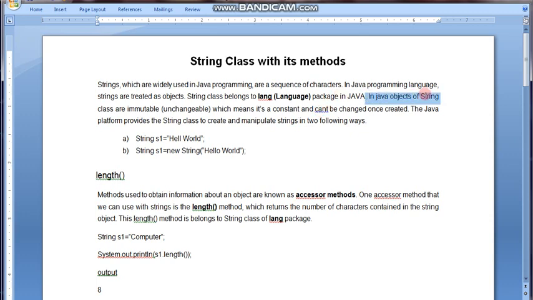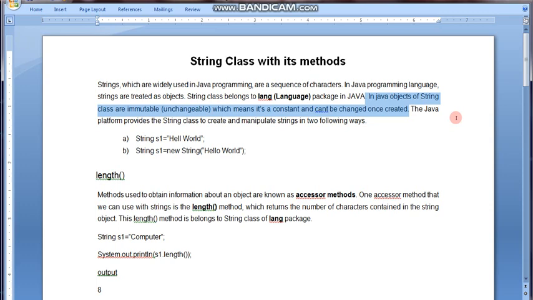In Java, objects of the String class are immutable, meaning unchangeable, which means it is a constant and cannot be changed once created. It means once we create a string, later on we cannot change any of its value. The Java platform provides the String class to create and manipulate strings in two ways.